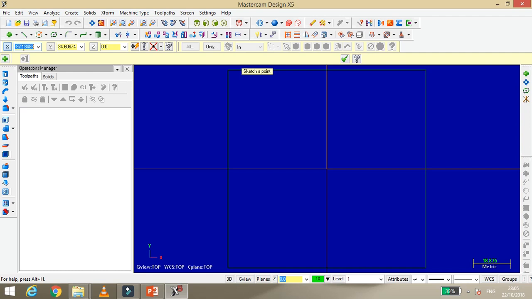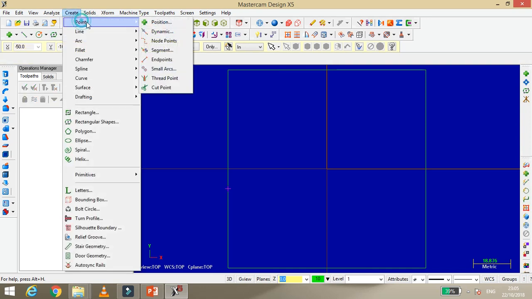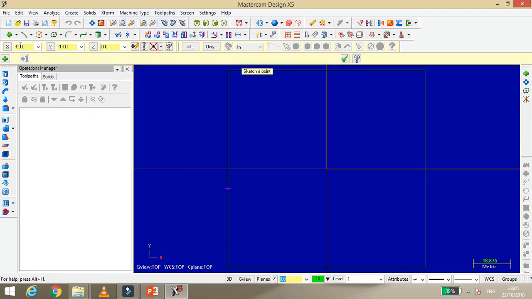For one point I calculated the coordinates -50 and -10. Sorry, it's not -10; in the point position it's -50 and +10, so it goes on the upper side.